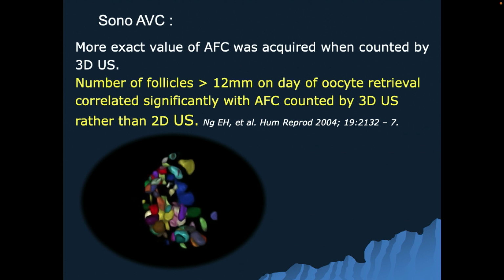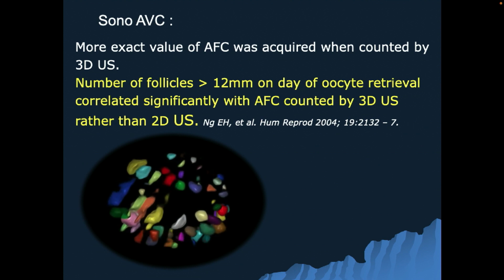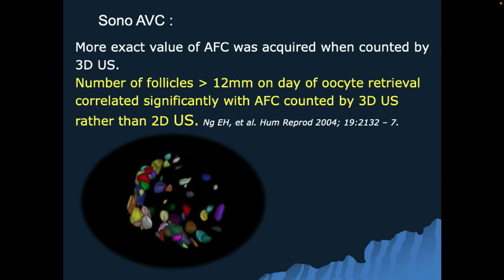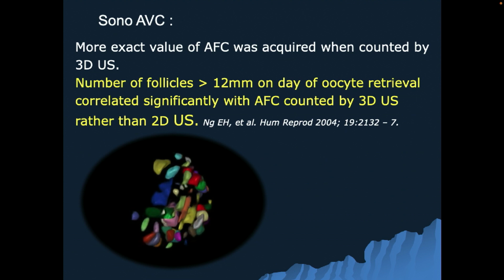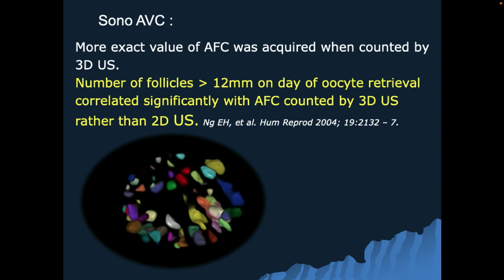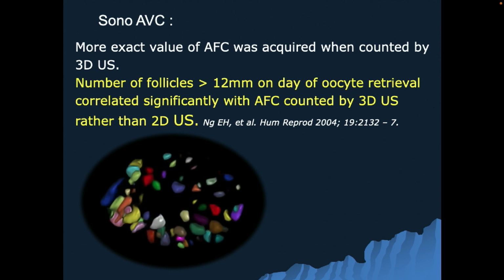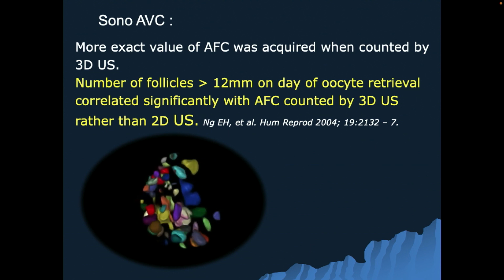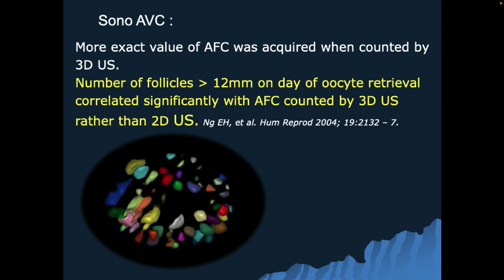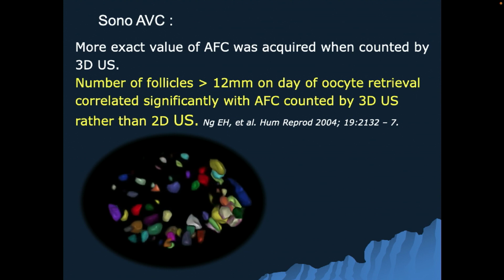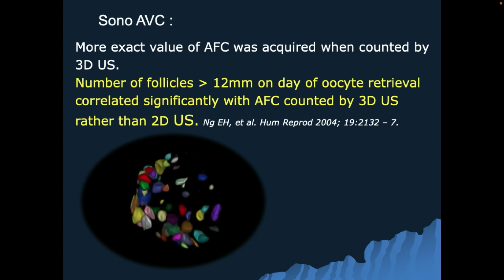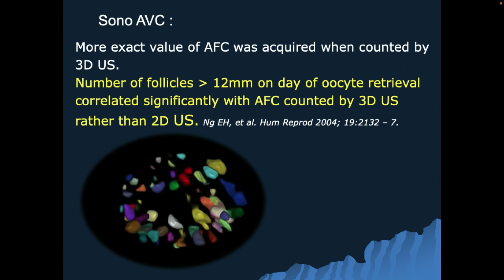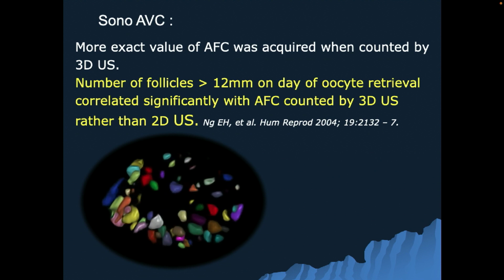But when you want to do an IVF, especially in the patients who have more than 15 follicles per ovary, that is when you may do a sono-AVC, and this is required because if your stimulation protocol is optimal, the total number of follicles that you will develop with your stimulation protocol will be 60% of the total antral follicles. That means that if you have, say for example, 40 follicles, you will produce about 24, 25 out of it,